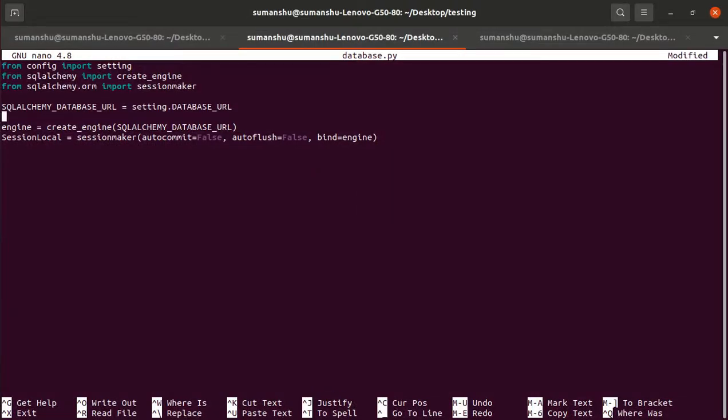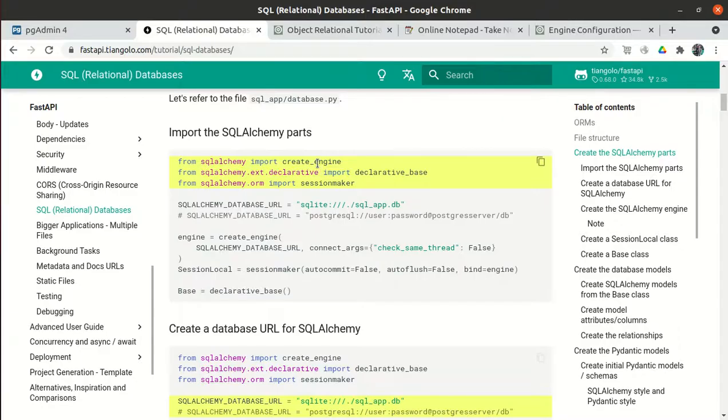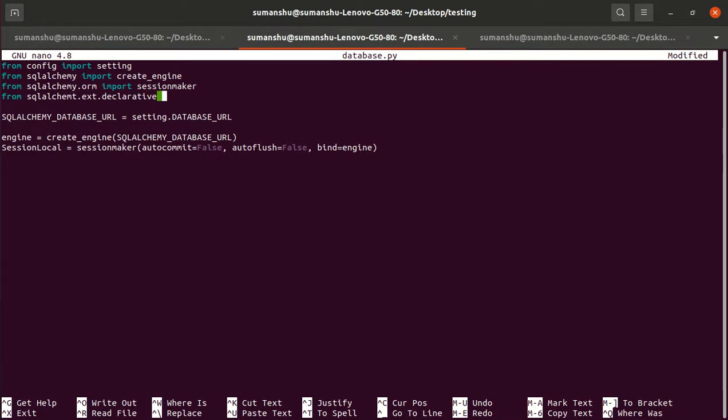From sqlalchemy.ext.declarative, what is the spelling, declarative, import declarative_base. So we will create a base class.